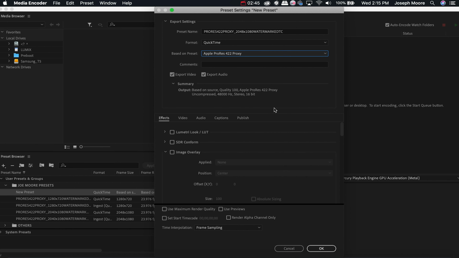Now the reason why I'm doing a 2048 by 1080 2K proxy is for people that are dealing with 5K to 8K footage. Some of us dealing with 5K to 8K footage want to have a proxy that is still higher than an HD format like 1920 by 1080 or lower. So 2K is a good compromise when it comes to making a proxy for the people that are dealing with 5K to 8K footage. And like I said, I will have a link down below in the description